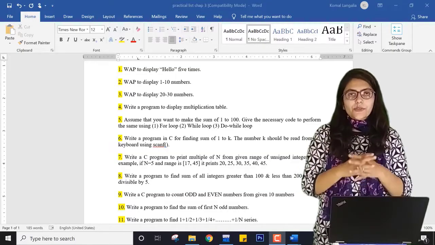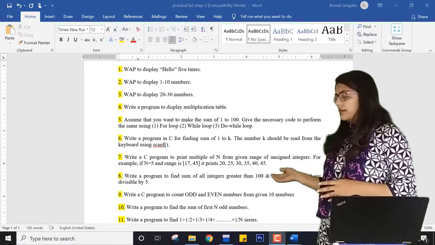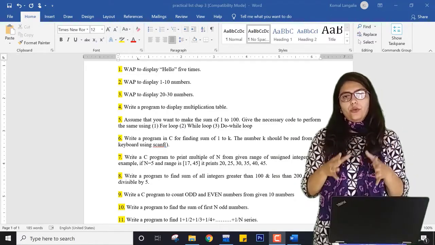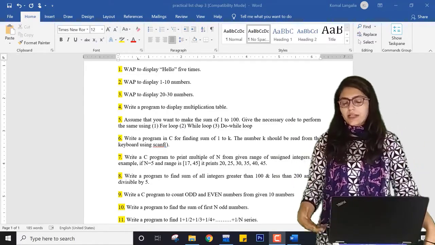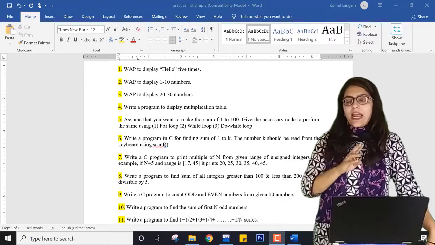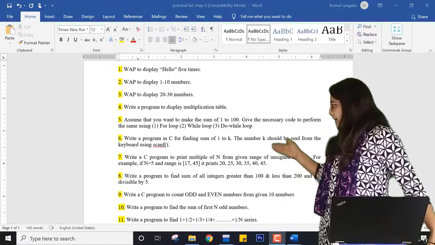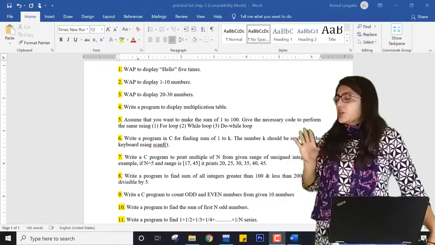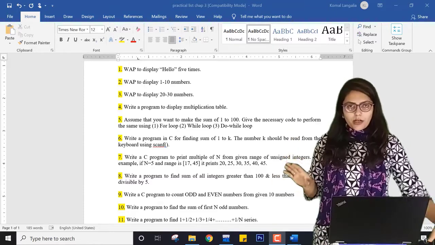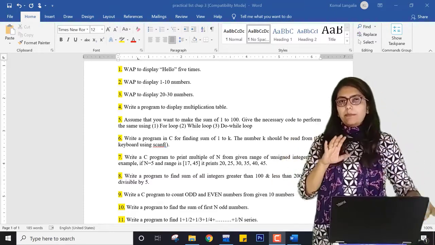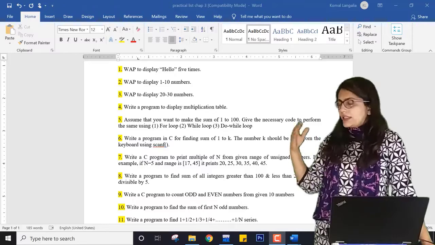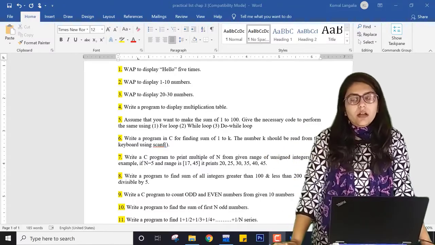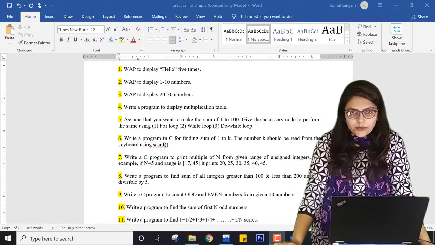Hello students, so here you can see the list of practicals that we are going to perform for demonstrating loops, right? So this is part 1. We have a total of 3 parts and these practicals are comparatively easy. So this I have included in part 1. These 11 practicals will demonstrate the examples of loops, right?